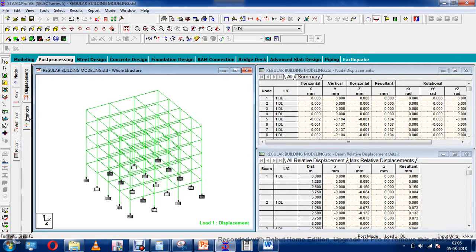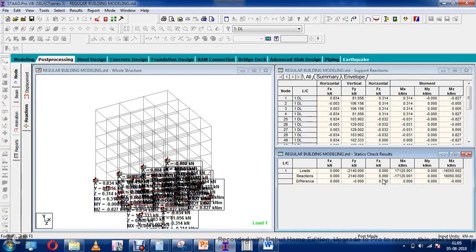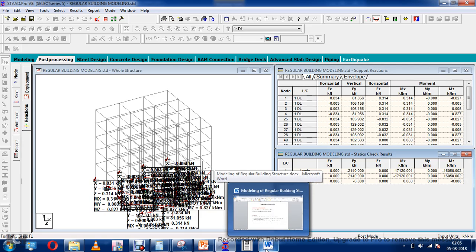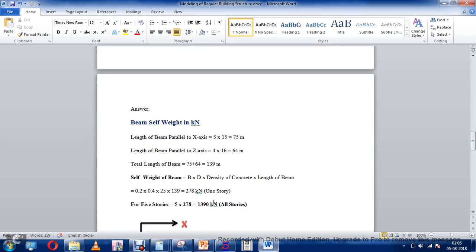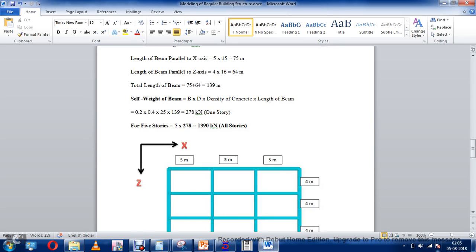Here in this reaction, there is a static check result. You have applied the load of 2140 and the reaction is also 2140. Now we will check this against our manual calculation, how much I should get. Firstly, I will come to the self weight of the beam. So the length of the beam, if I take the dimension here,